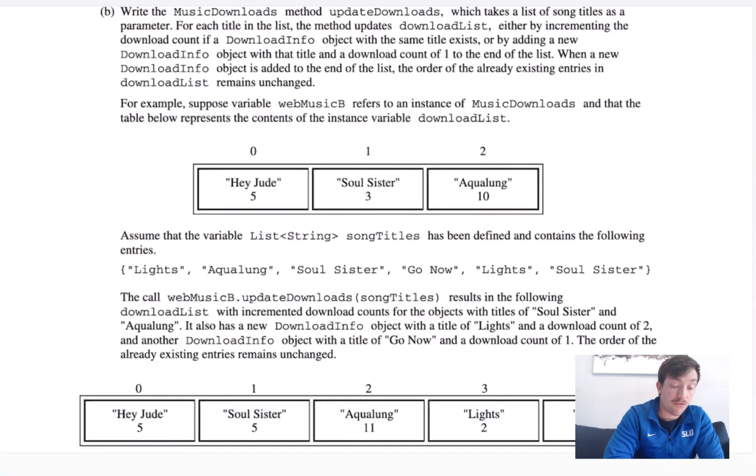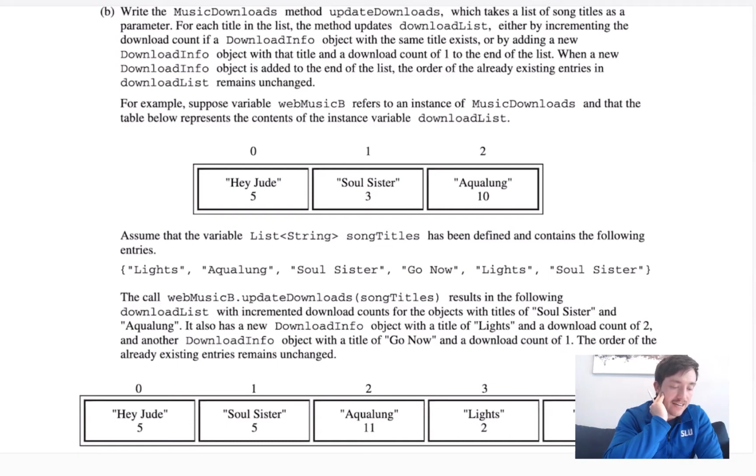All right, so we're going to take a look at Part B, 2013 1B here, and this is going to have us again writing a method called updateDownloads. It's important to take the time to look over all of the problem, the samples that they give you, to really understand it. So it says that updateDownloads is going to take a list of song titles as a parameter. For each title in the list, the method updates the download list, and it's either going to increment the download